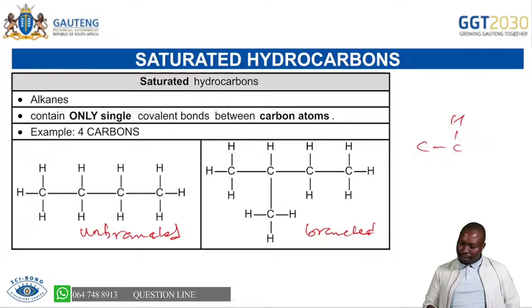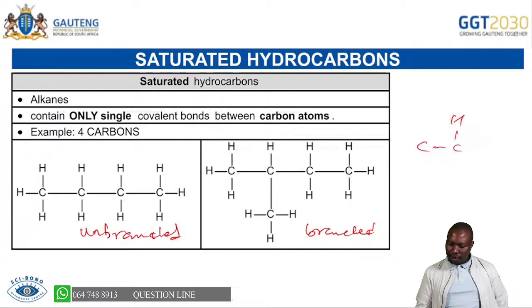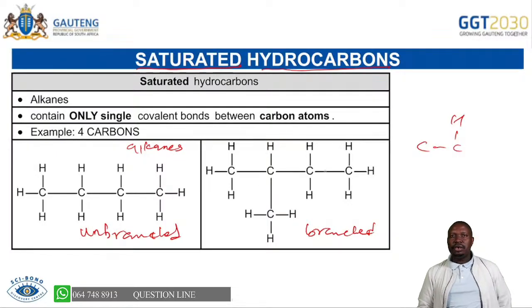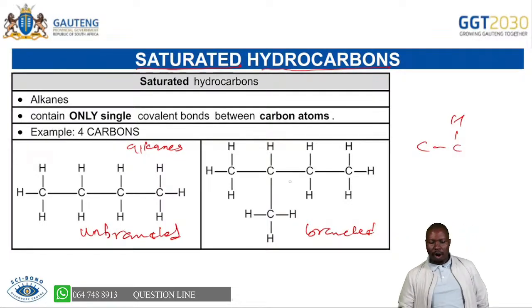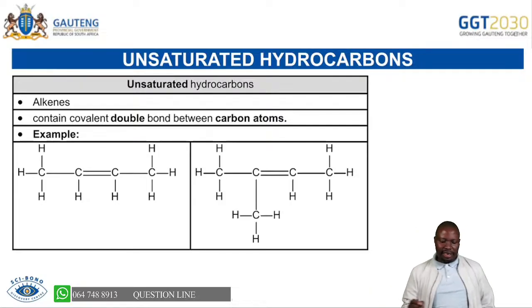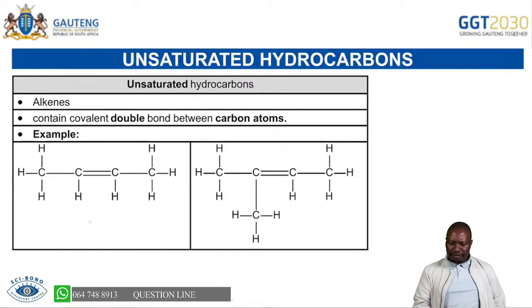What type of hydrocarbons? Because they are made up of hydrogens and carbons only, it means they are hydrocarbons. What types of hydrocarbons? They are alkanes. So we say they are saturated because they have no multiple bonds between carbon atoms. I hope we are moving together. Unsaturated, I've indicated that these are what we refer to as alkenes. They are unsaturated. What do we have? We have multiple bonds between carbon atoms.